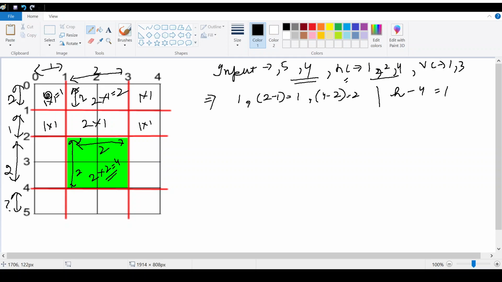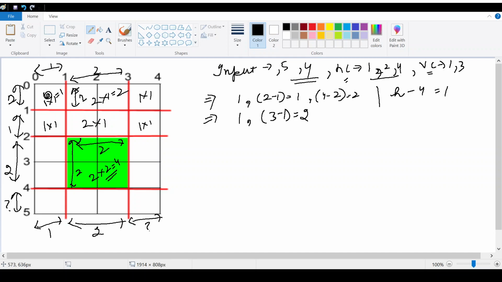Now we have to calculate the maximum width of the cake. For that we can iterate through the vertical cuts array. So we'll take the first element as it is, 1. Next width will be 3 minus 1 equals to 2. So we have calculated this one is 2 and we are left with this.